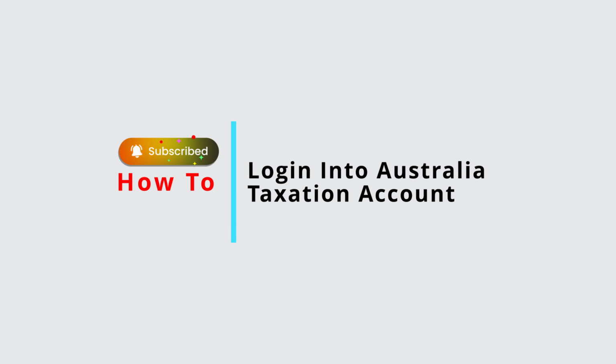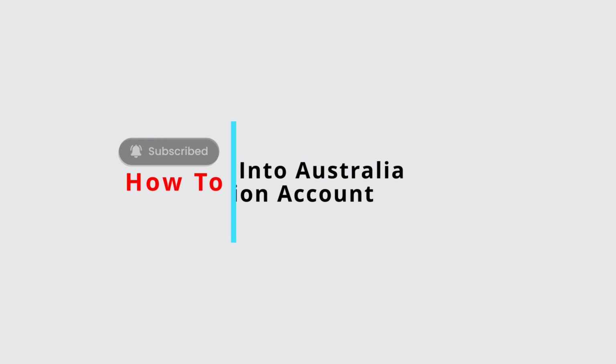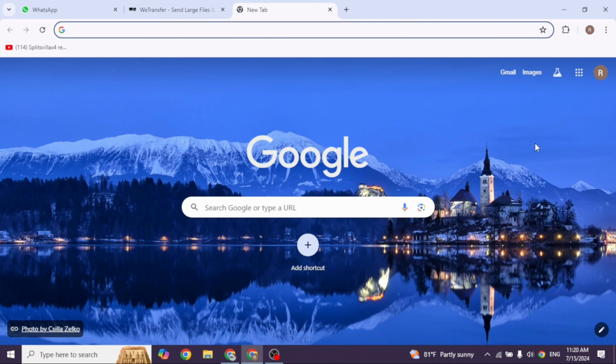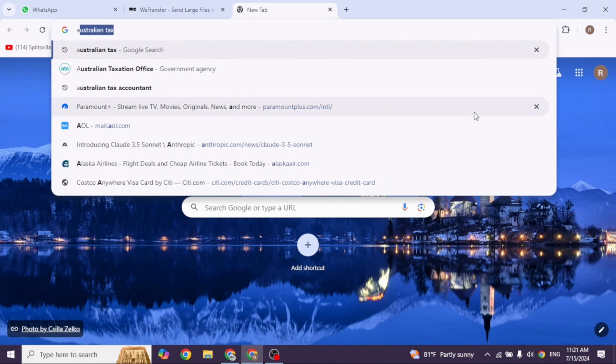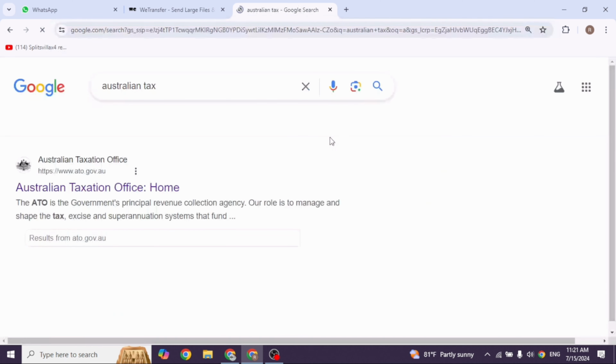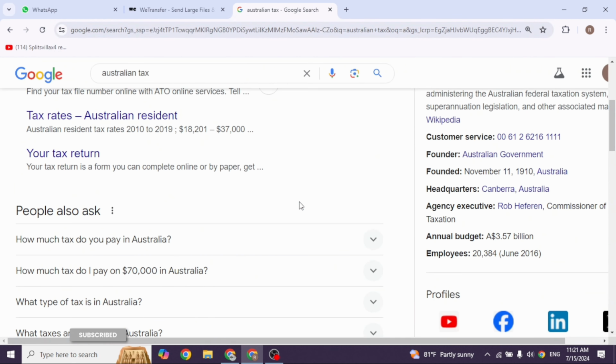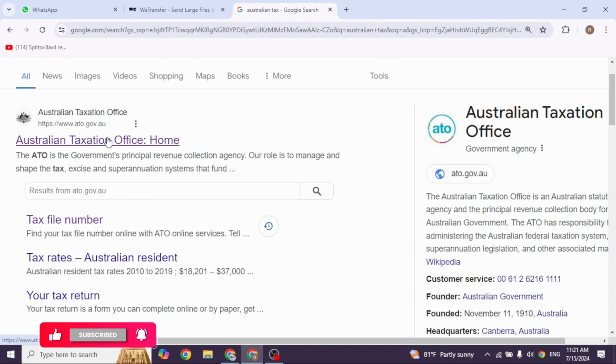How to log in into Australia Taxation account. Let's get started. Launch your preferred browser. Over here, you're gonna find the search box. Type in Australia Tax Office and then search for it. With that, different website links will appear. Navigate to this one website option,